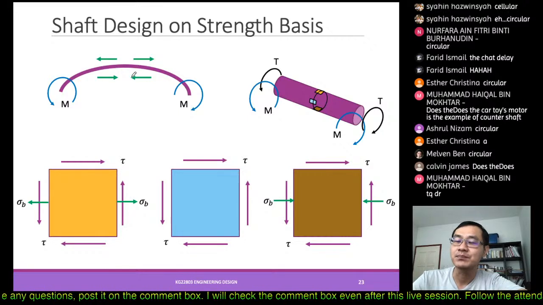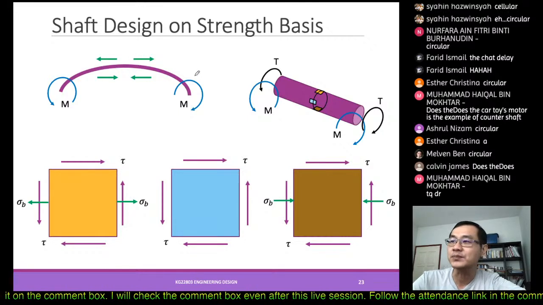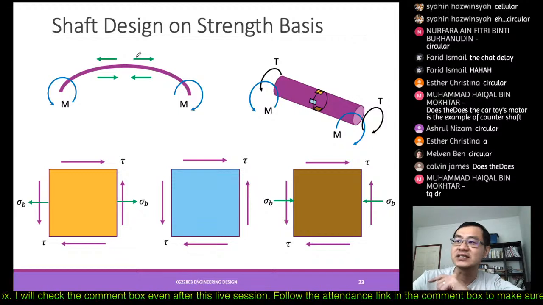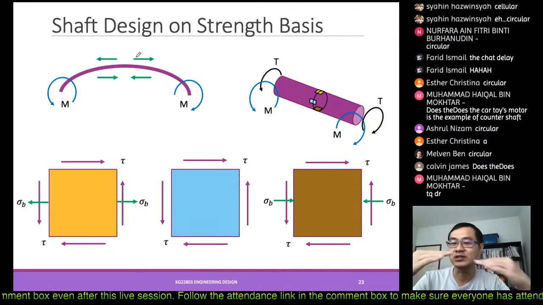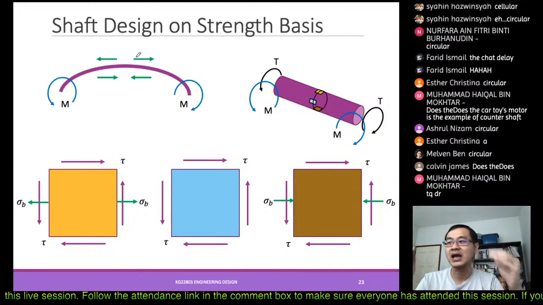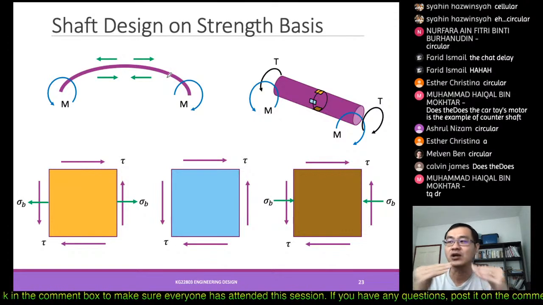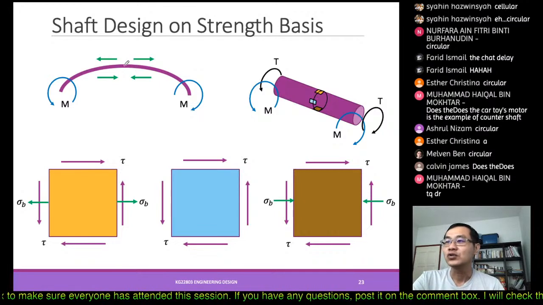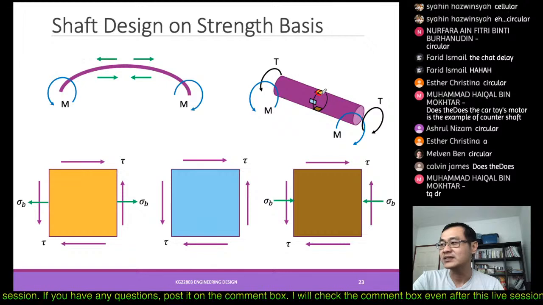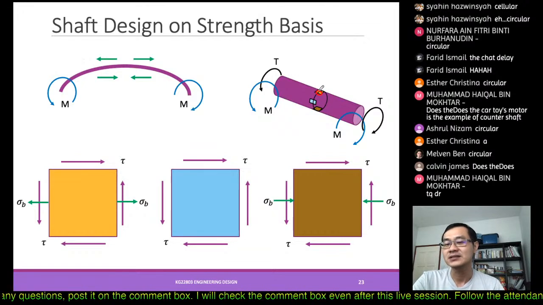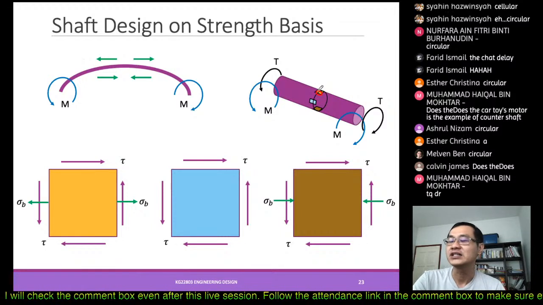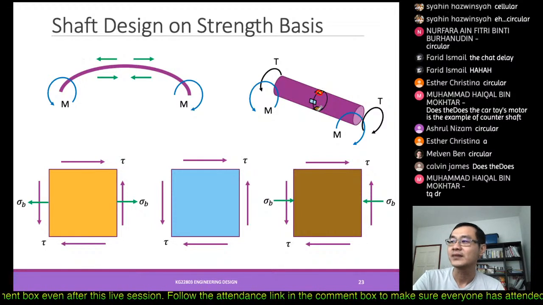Whenever it bends upwards, the top surface of the shaft is being stretched, because it bends outwards. Whereas the bottom of the shaft is being pushed inside, being compressed. So if we look into one small part on the shaft itself, on the top, at the bottom, at the side, the blue